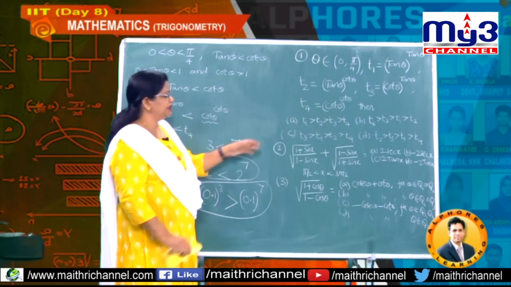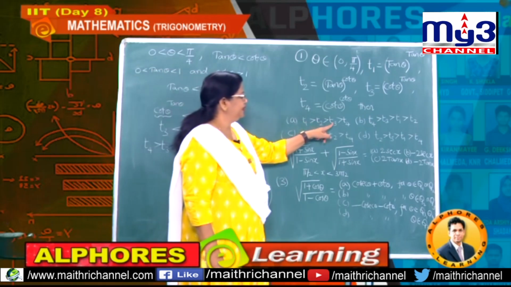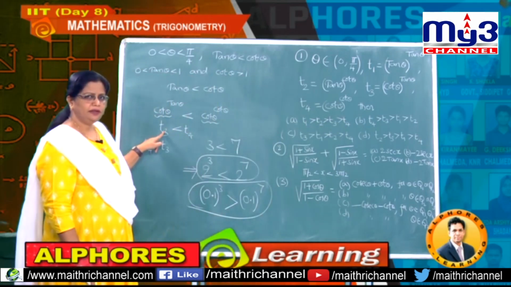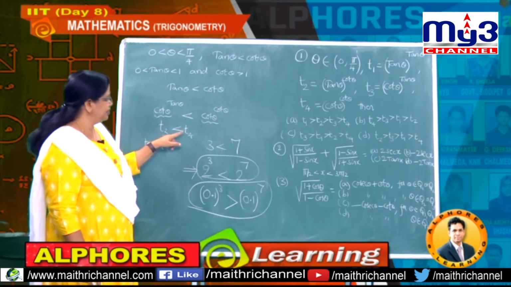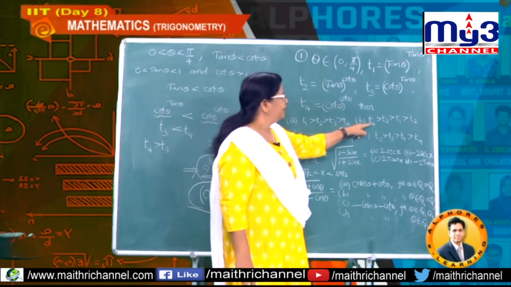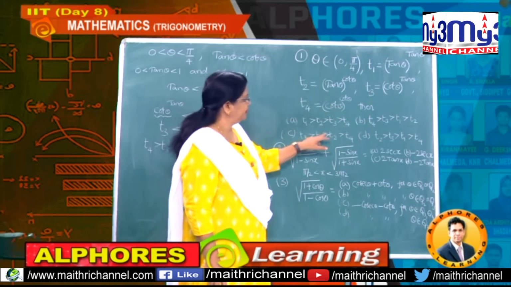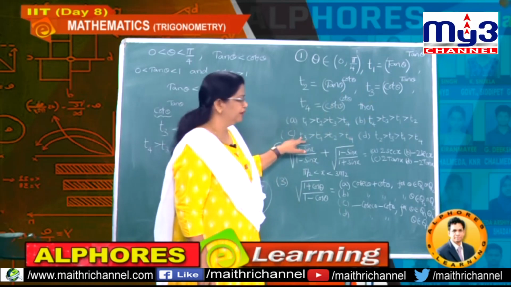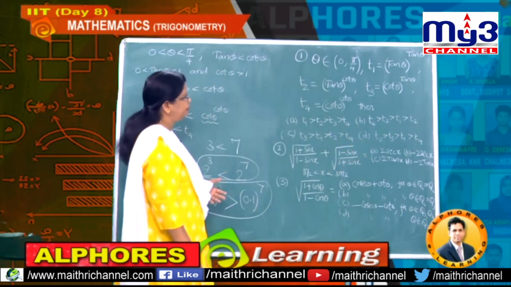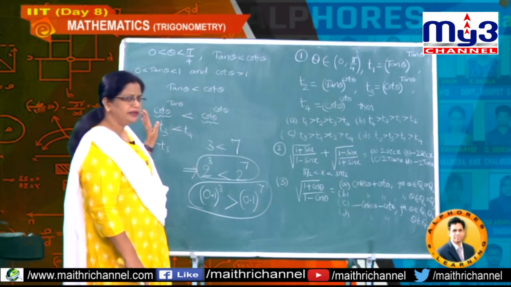Now let's have a glance at all the 4 options. How are the 4 options here? This one says T3 is greater than T4. Now you got T3 value less than T4, therefore it is not right. Understand? So this is not right. And here you got T4 greater than T3. That is right. And now again you observe T3 greater than T4, wrong. Again T3 greater than T4, wrong. So no need of worrying about T1, T2, etc. Directly you got the answer.